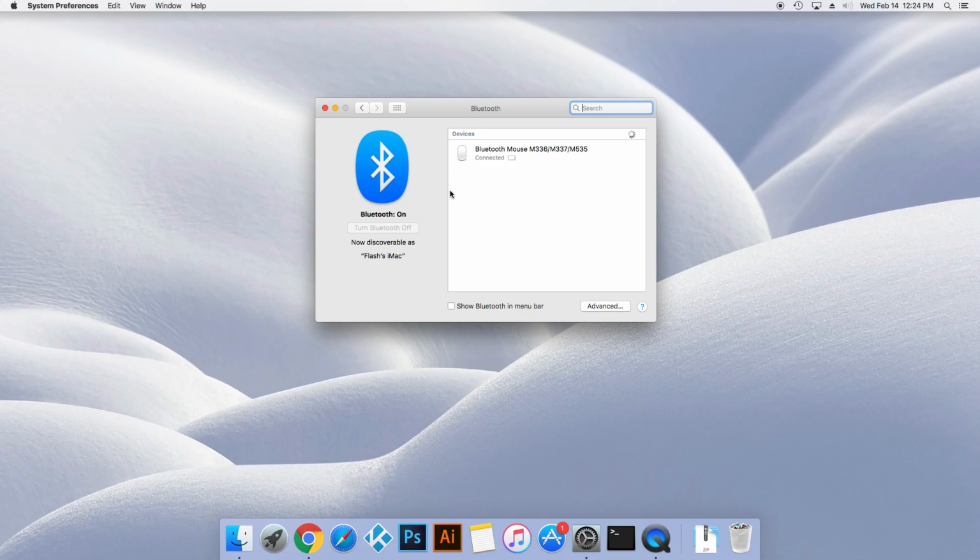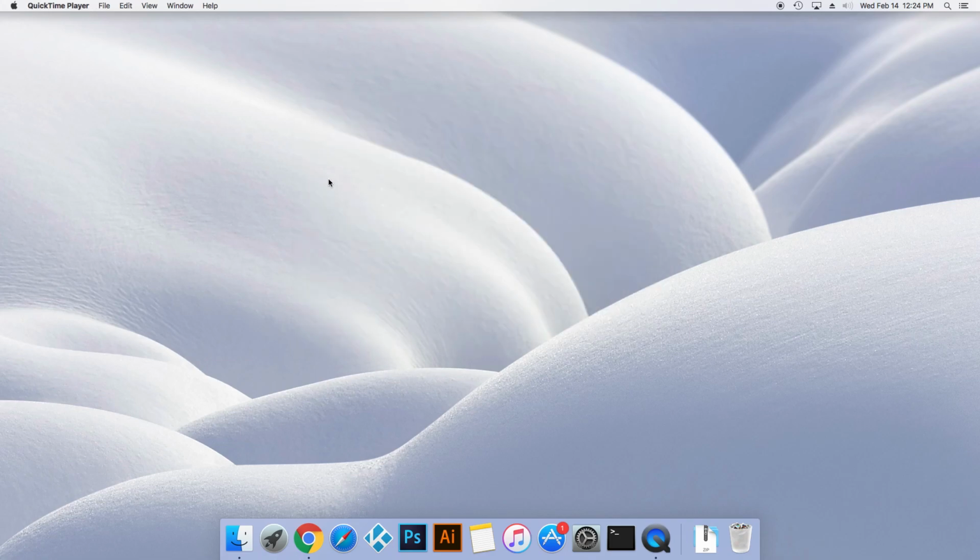As you can see, mine's showing connected. Yours, most likely, if you've already tried to connect this Bluetooth-wise, and then you're fresh booting back into the Mac side, you'll see that it goes connected, not connected, connected, not connected. And it's because the key is wrong. Basically, in the first video, I showed you how to pull the key out of Windows. And now we're going to take that information, and I'm going to show you how to get to where you need to get to,